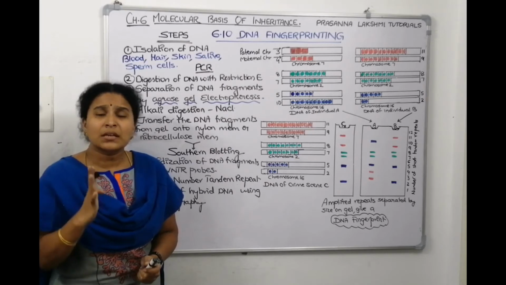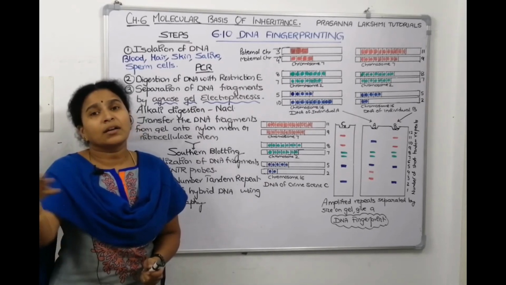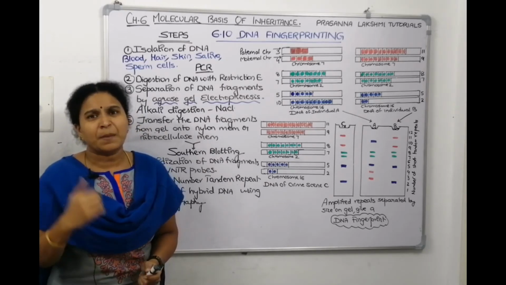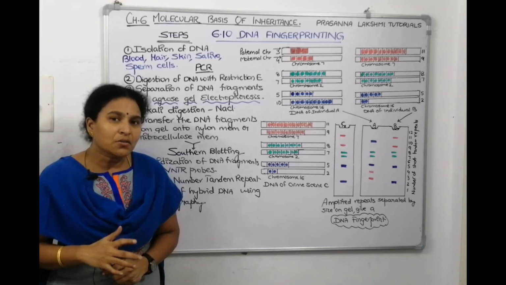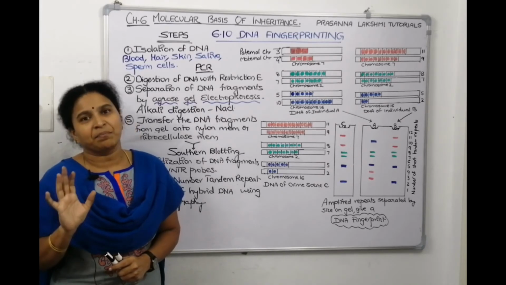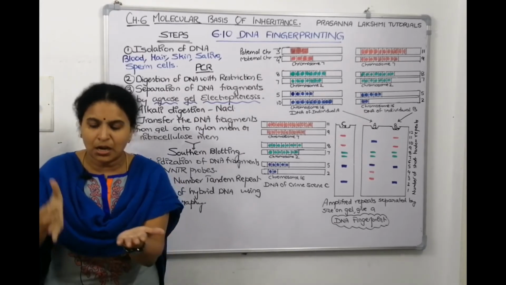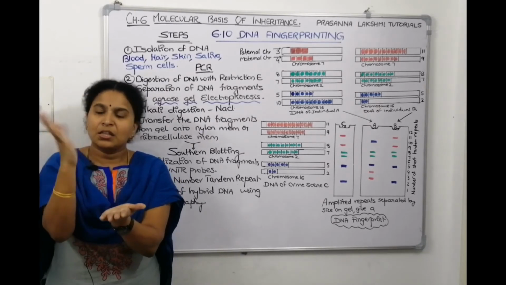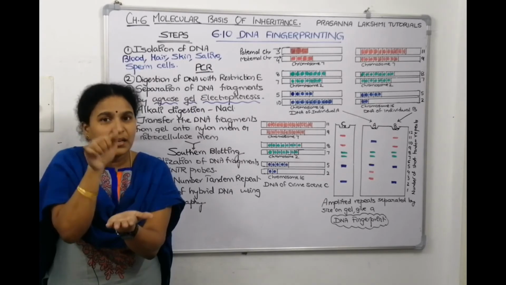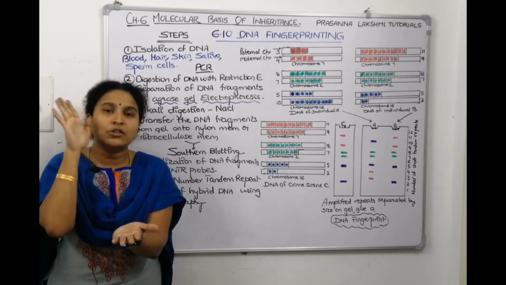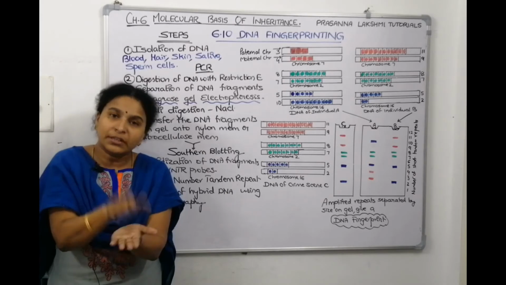Why are we using nitrocellulose membrane only? Why not another chemically reactive paper or methylated paper? Nitrocellulose has very much affinity for DNA. It can easily attract DNA. When you are pressing the gel onto an NC membrane, this paper should have attraction to trap the DNA. So that's why we choose that paper which has attraction to take the DNA.